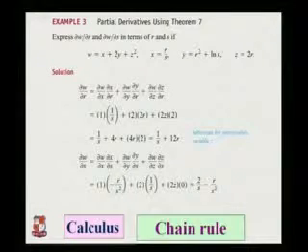One more example of this use of the theorem. If w is equal to x plus 2y plus z square, x is equal to r by s, y is equal to r square plus ln s, z is equal to